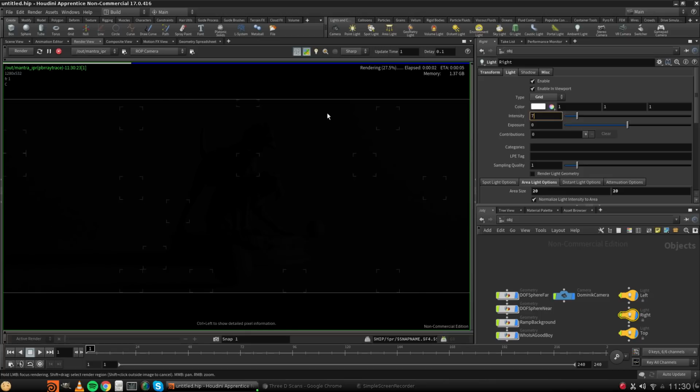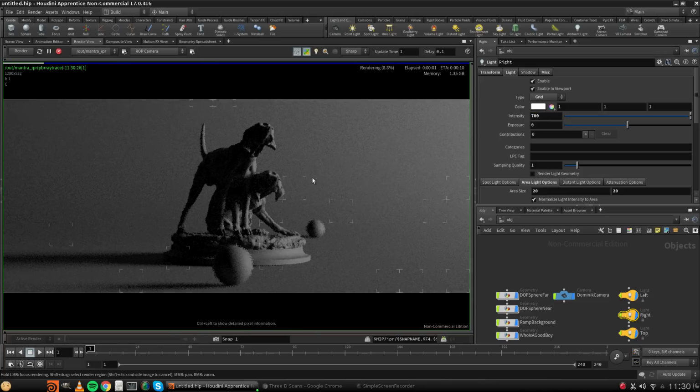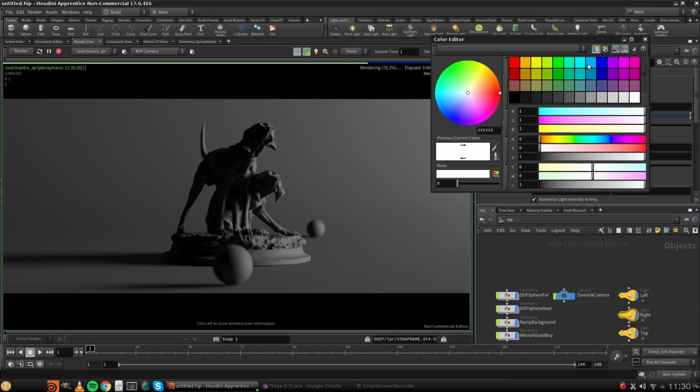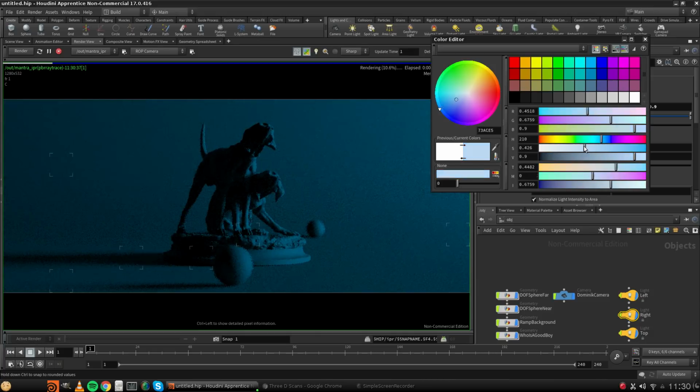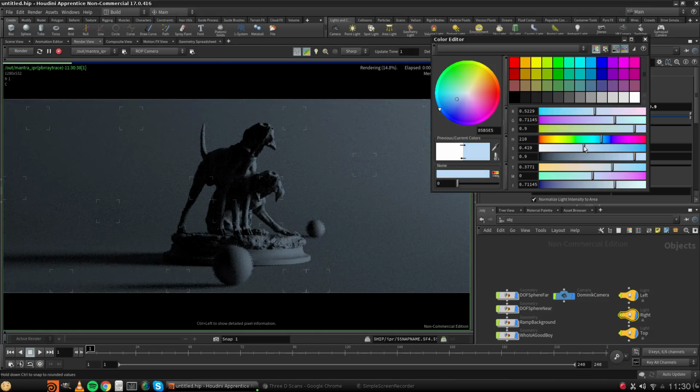And let's also try it with intensity of 700. I think this should be just fine. So this is what the light from the right gives us, which is not too shabby. And I think I will make this a little bit bluish. So let's go bluish color and turn this down like this. I think that's fine. Here you can write down the RGB values if you want to have the same values like me. And